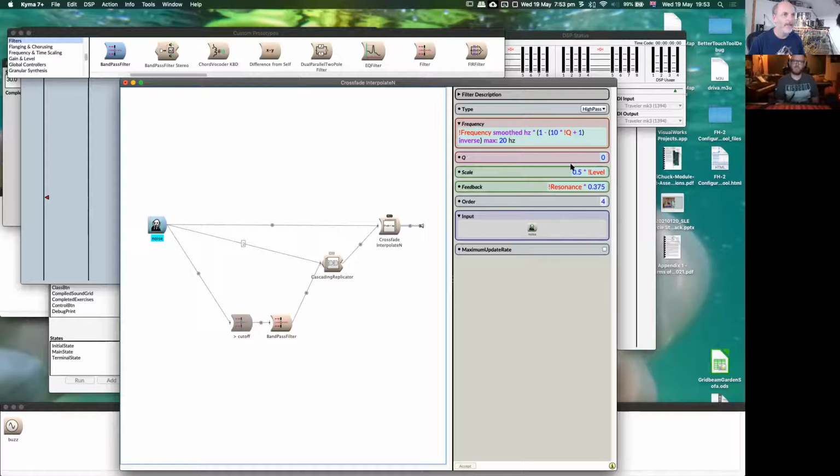So a little trick we've learned is to divide this, because one thing in Kyma that's kind of cool is we have tons and tons of resolution. It's 32-bit, right? CDs are 16-bit, so 32-bit is an immensely tiny number. A thing you can often forget is that you can attenuate signals massively in Kyma and then multiply them back up afterwards. And you don't lose as much as you think.